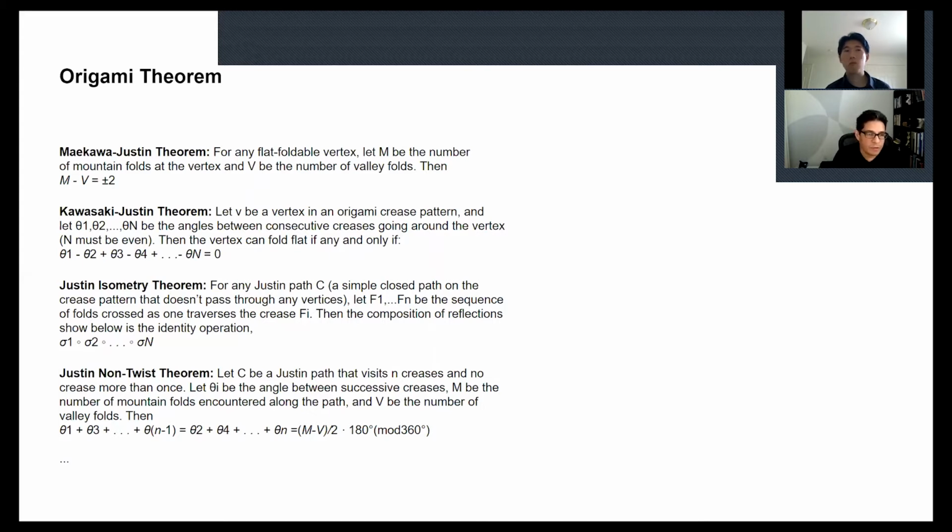For example, some are described in the origami theorems, such as the Maekawa-Justin theorem, the Kawasaki-Justin theorem, the Justin isometry theorem, and the Justin non-twist theorem. These are only four of the main important theorems in which mathematical principles are emphasized